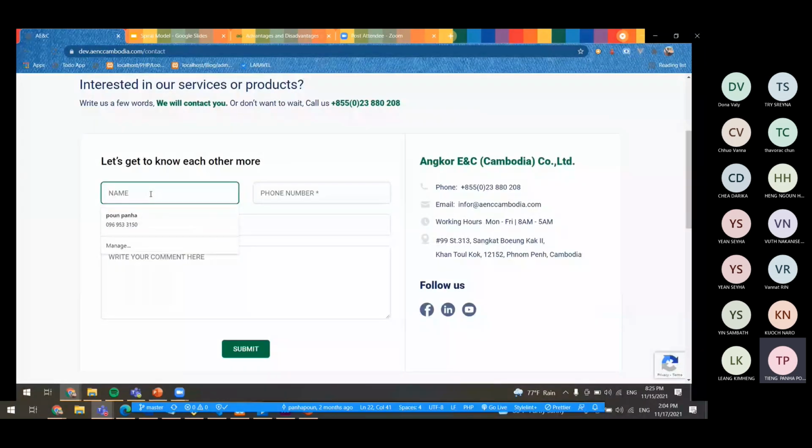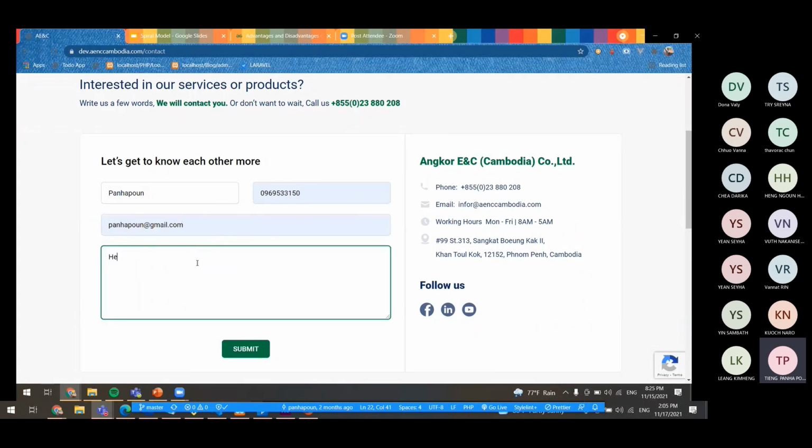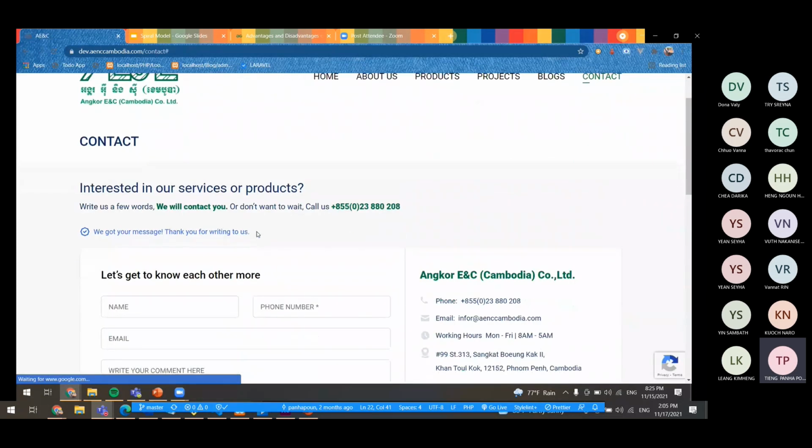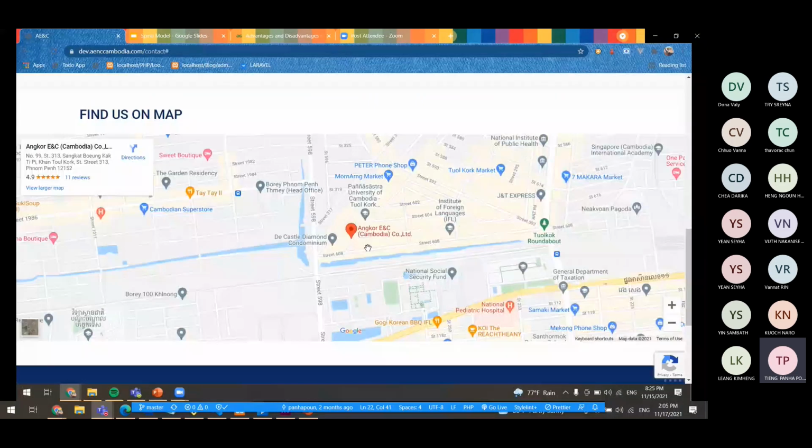And in this one, users put in name, phone number, and email, and a comment, hello, and submit. And we got your message. Thank you for contacting us. Users can only see this display like this, and the map, and this is the location of my company where my internship took place, and the footer.